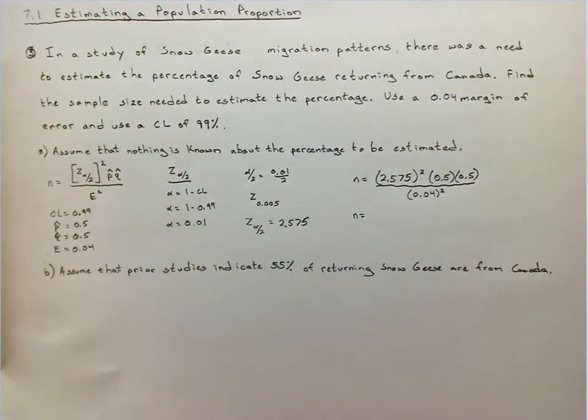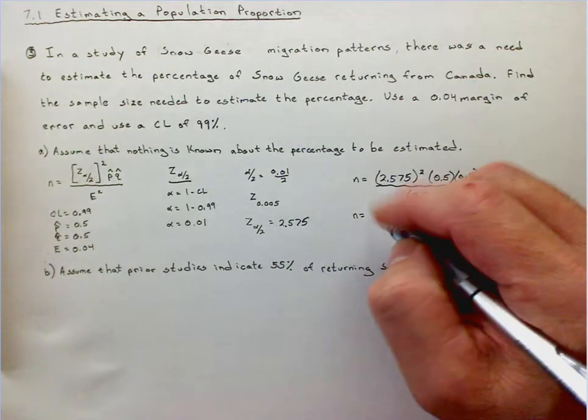Now to type everything in. So 2.575 squared. And I end up with,